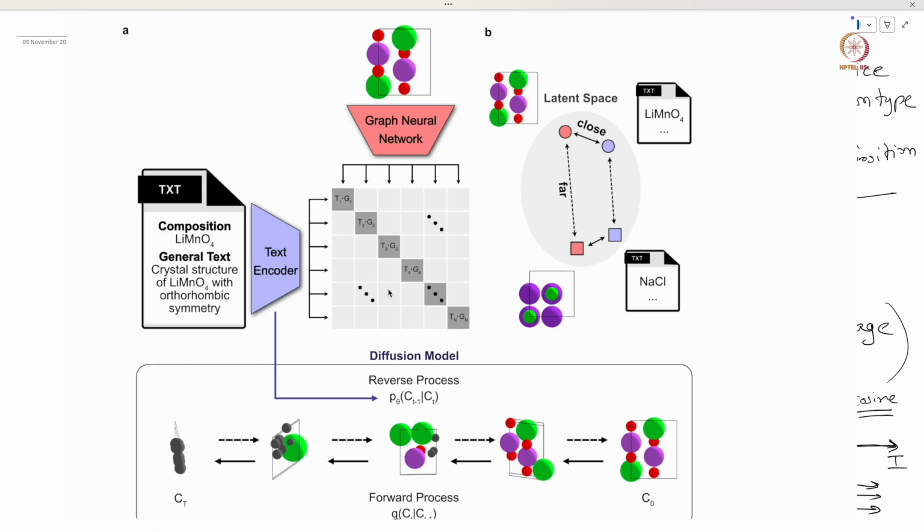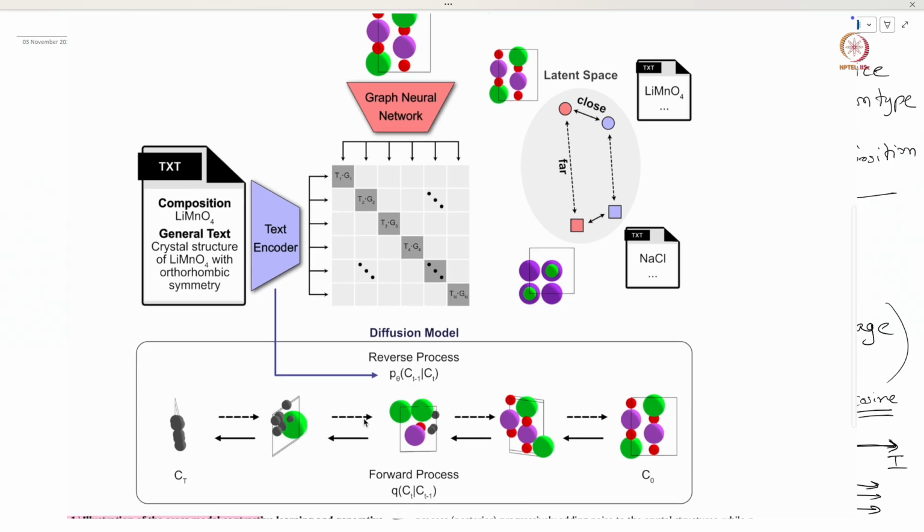And gradually as you train the CLIP, the similarity between T1 and G1 starts to increase, and the dissimilarity between all other boxes, all non-diagonal boxes, starts to reduce. You will have a trained CLIP when you have the maximum similarity along the diagonal and maximum dissimilarity between the non-diagonal elements. So this will align your text with your graph, and when your CLIP is trained, you can use this in the denoising process of this diffusion.